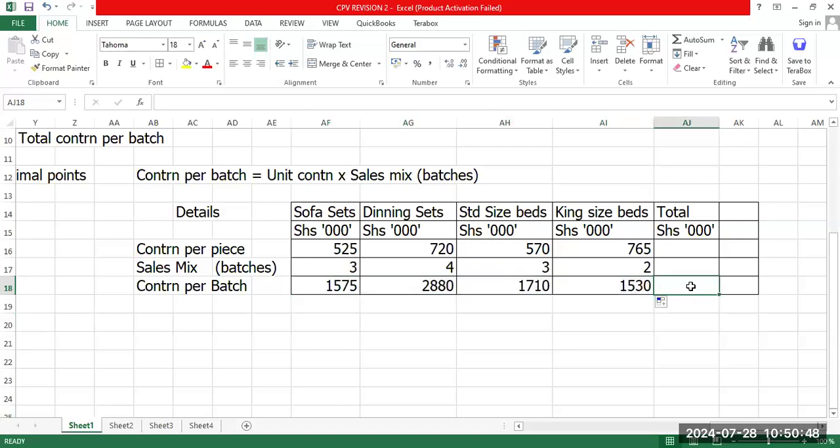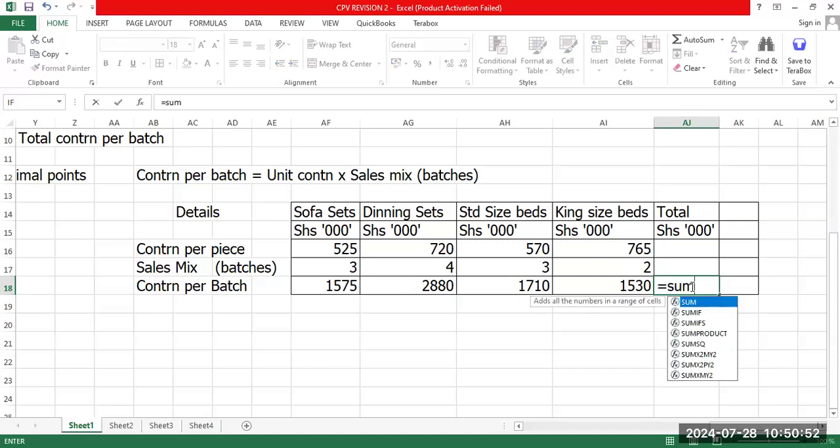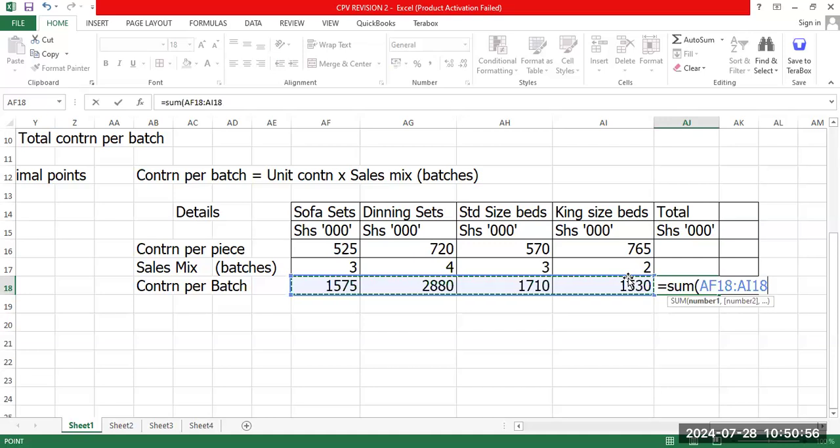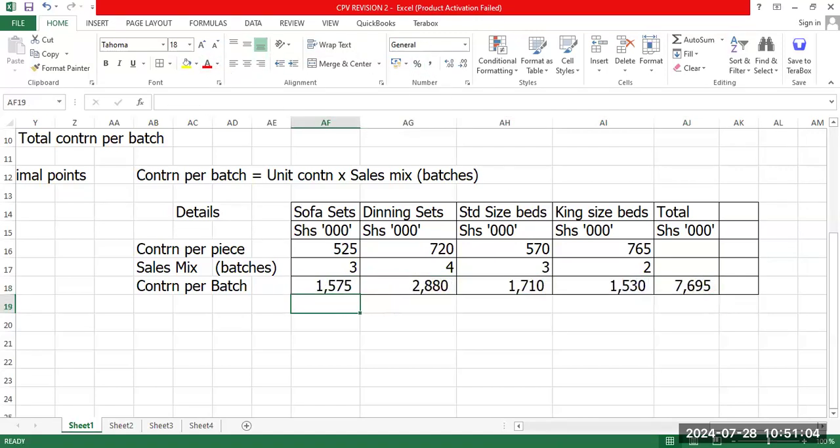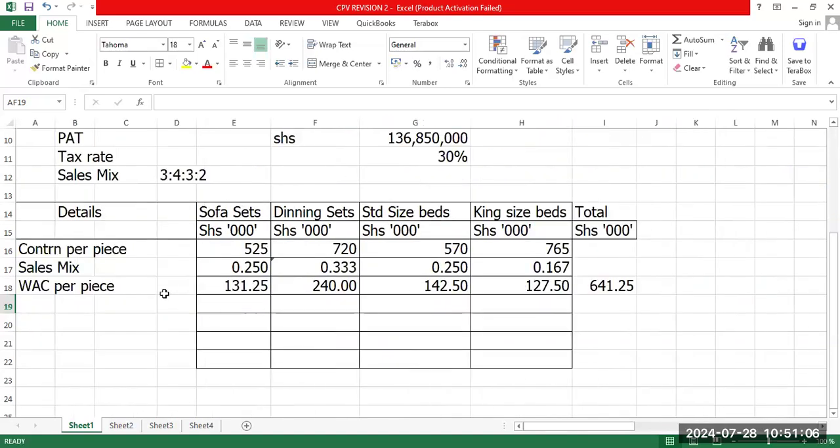Then you get here the total contribution per batch. Get the total. Okay, so we are done with this. The next step